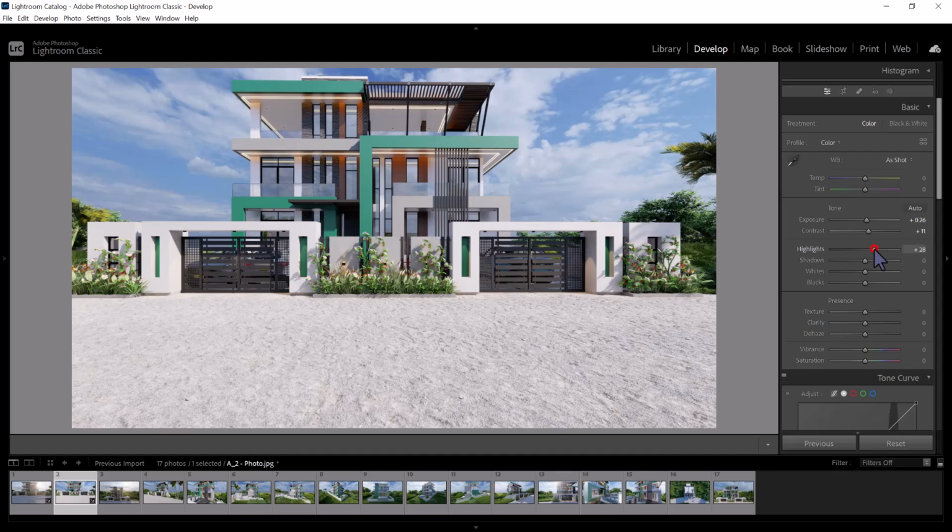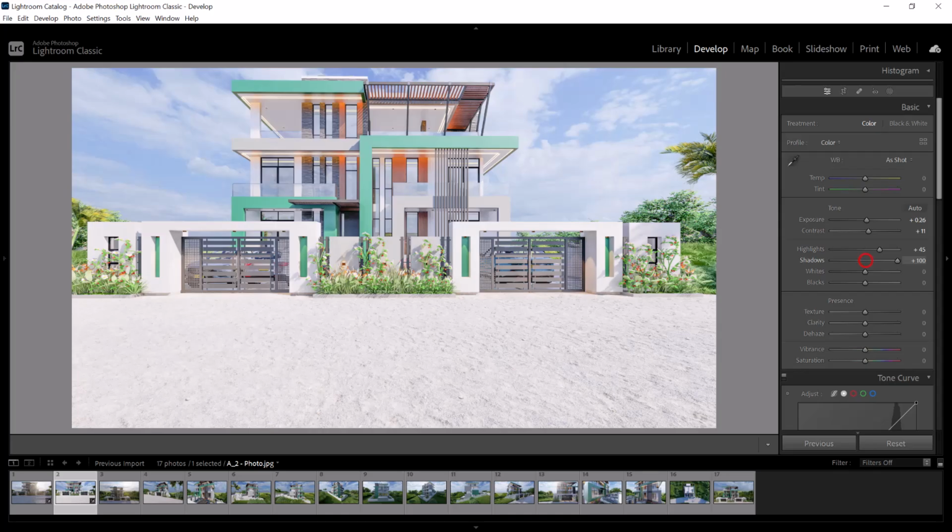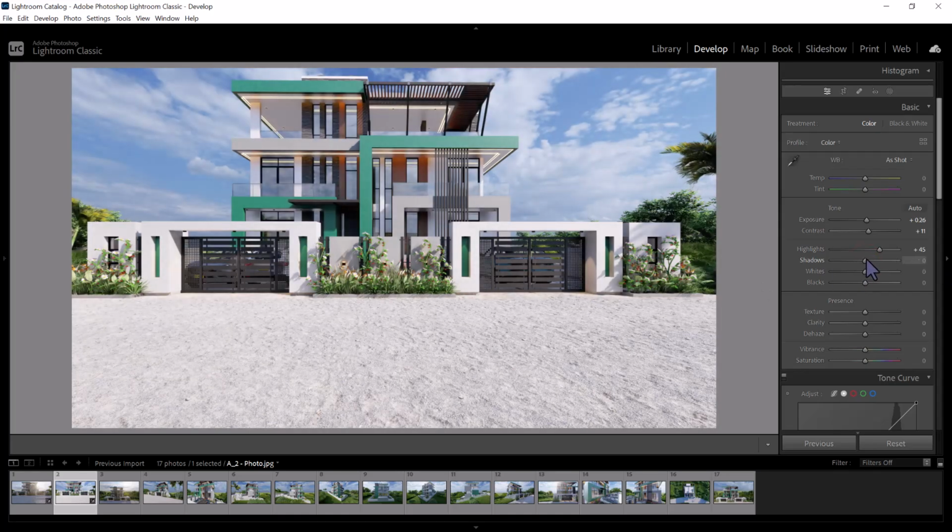The shadows, you see the difference, so you need to make sure that you play along. The texture, I like to make it to the maximum. The clarity a little bit higher. The haze a little bit below. The vibrance a little bit in between, and the saturation, I like to make my colors align perfectly. So, you know,